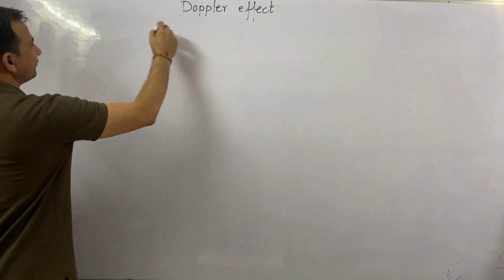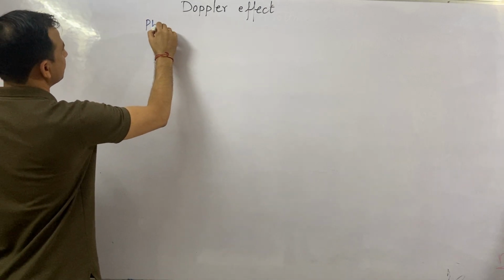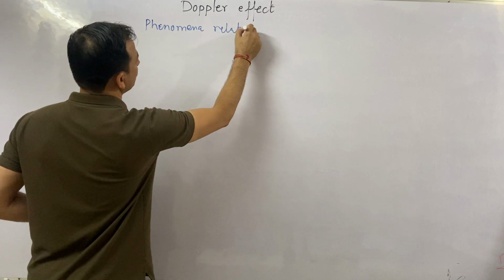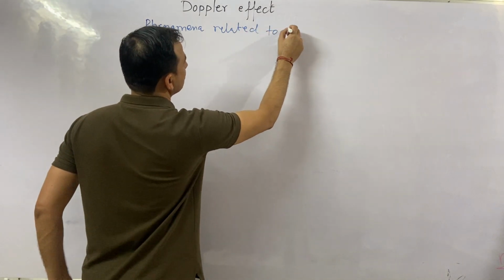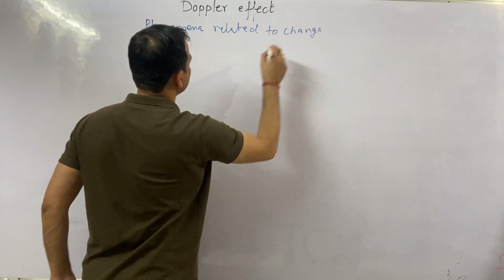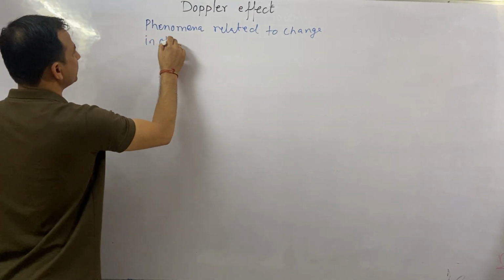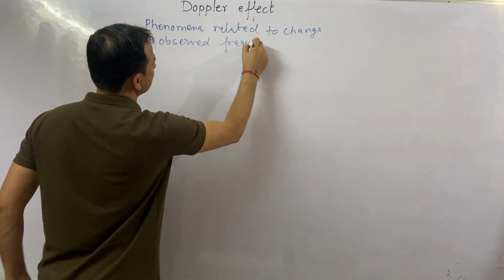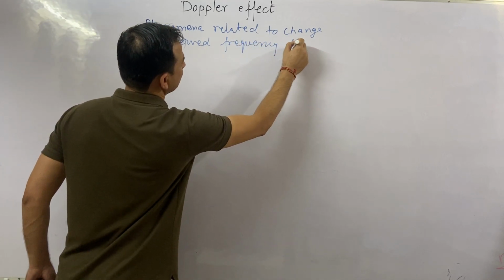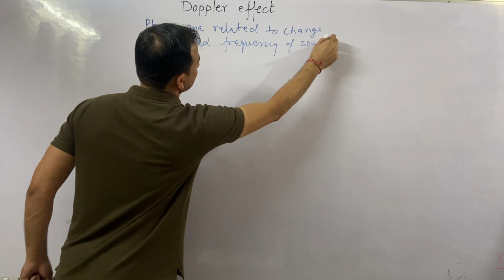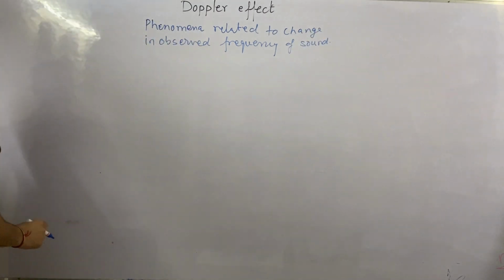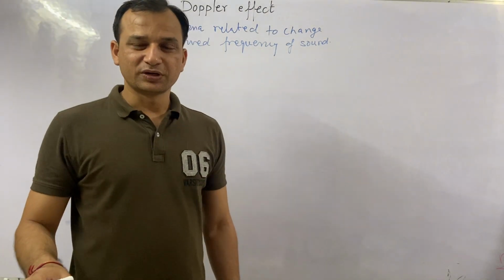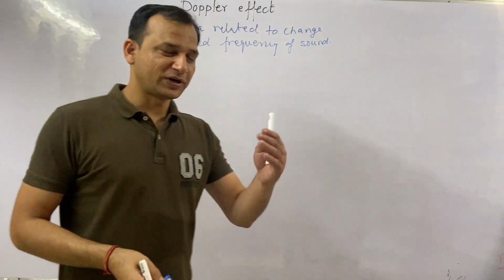So Doppler effect is a phenomenon related to change in observed frequency of sound or any wave. So there are four conditions which we are going to explore, and the first condition is